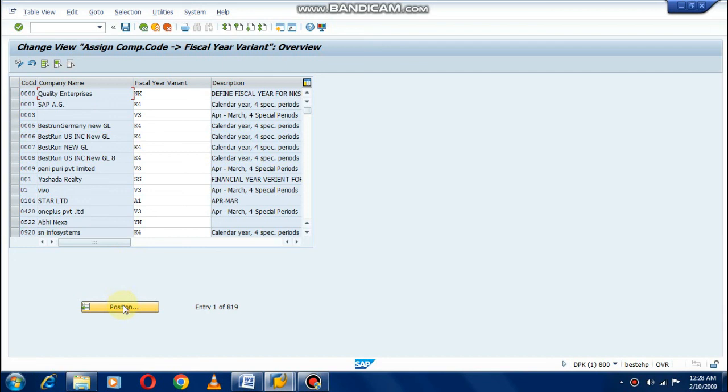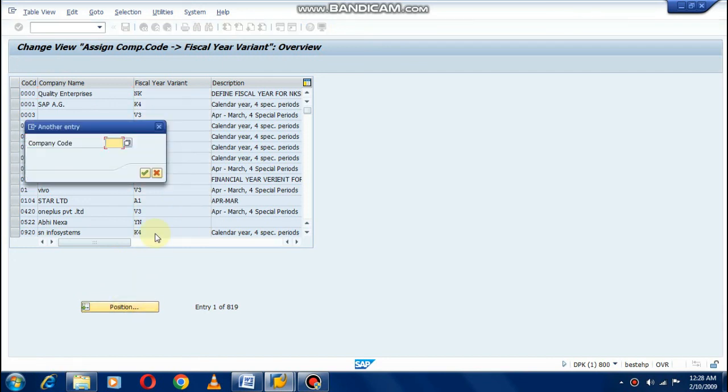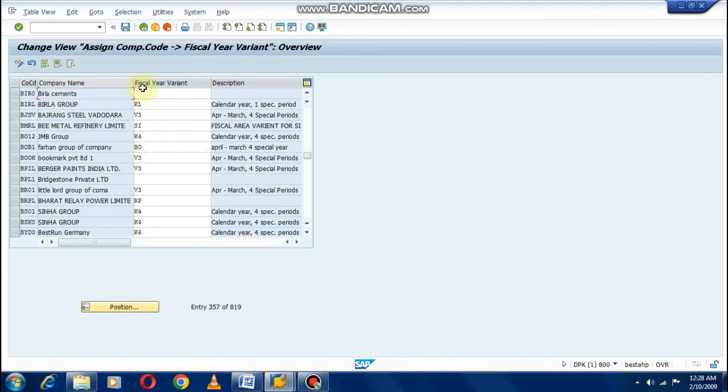Okay, click on position, search company. Actually, wait a second. Our company code is BIR0. Birla Cement is our company code. The fiscal year variant we have created is RL. So just enter RL. Click on save.